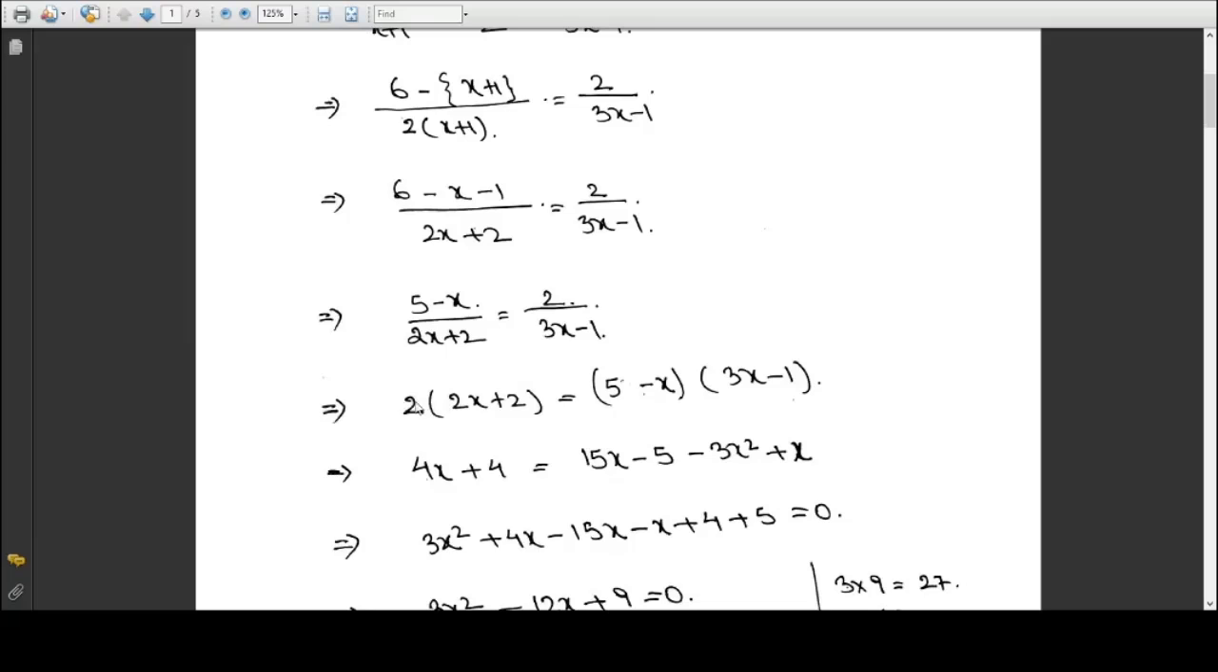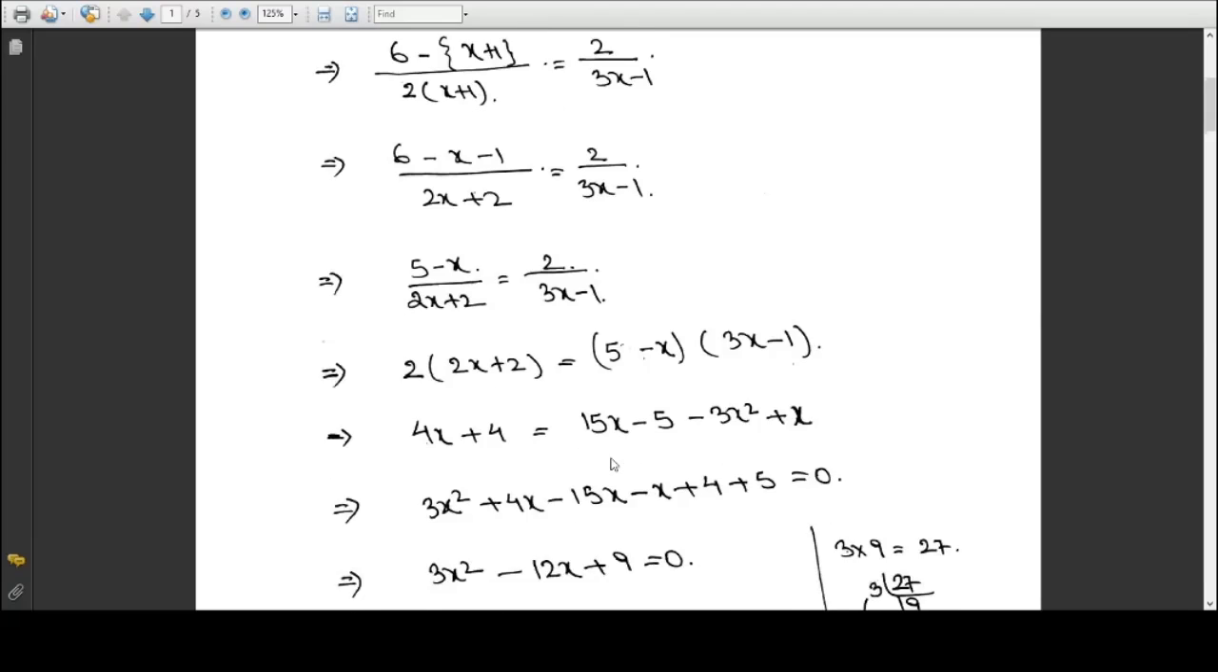Now you multiply inside the bracket. 2 multiply 2x, you have 4x. 2 multiply 2 is 4. 5 multiply 3x is 15x. 5 multiply 1 is 5. Minus sign is there, so you have minus 5. And minus x multiply 3x is minus 3x square, and minus minus gives plus, x multiply 1